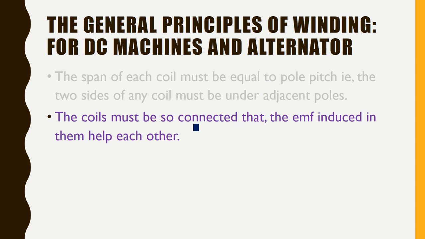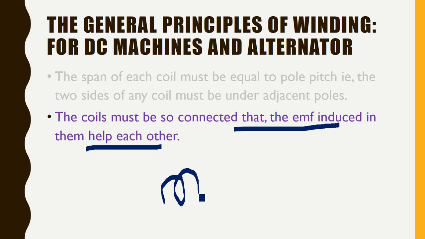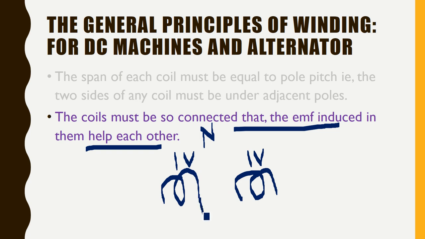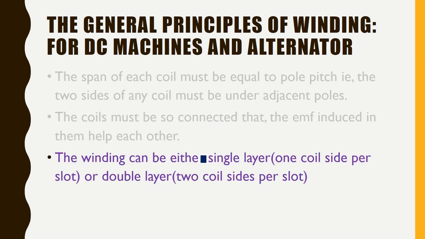And the EMF in one coil should help the others. Let us say one coil is available and one more coil is available. This is having 1 volt and this is having 1 volt in a single pole. Let us say this is only the pole of N. This should be connected in such a way that the total voltage becomes more than 1. So the polarity should be properly connected. Then only it will create a single pole. So this is the method of coil connections. Coils in a single pole should be properly connected so that the EMF is properly added together.